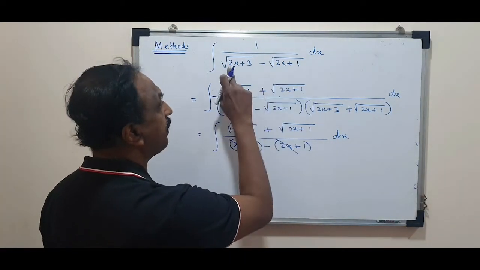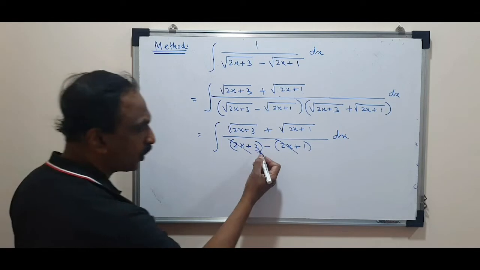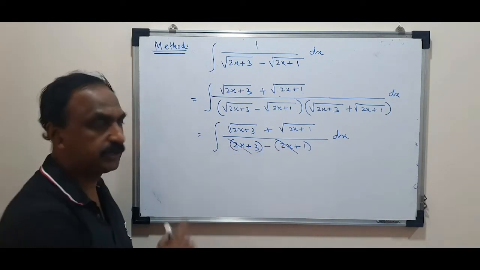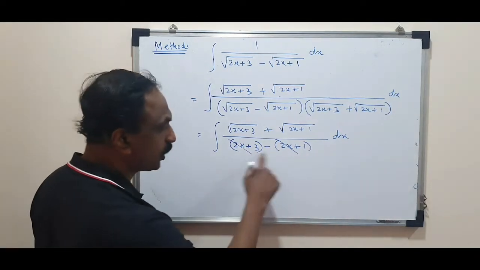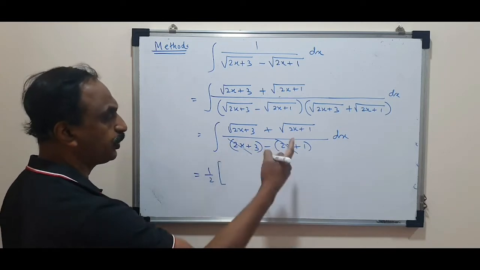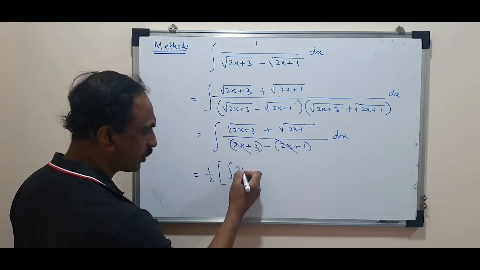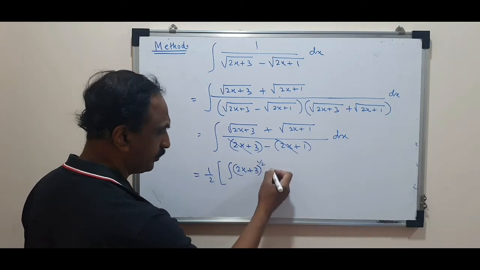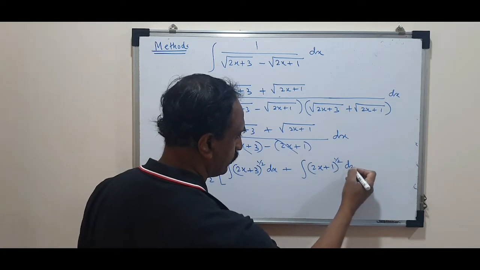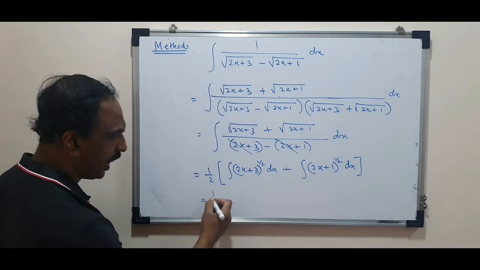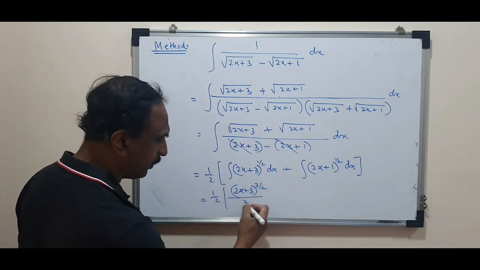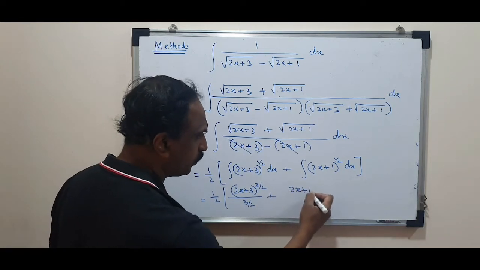Whenever the coefficients are the same, only then can you apply this method, because only then the denominator turns to be a constant. If the denominator had an x here, then this method would have failed and we could not have applied it. So the constant 3 minus 1 is 2. That 2 I am taking common, and then I am going to integrate each one. So it is integral of 2x plus 3 raised to half dx plus integral of 2x plus 1 raised to half dx. Now I can integrate it. Half into 2x plus 3 raised to 3 by 2 upon 3 by 2,